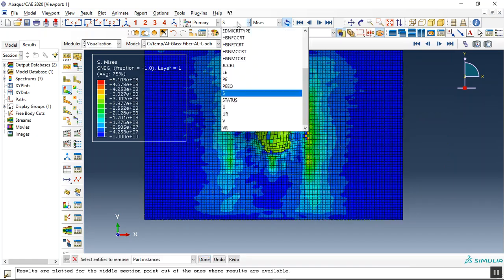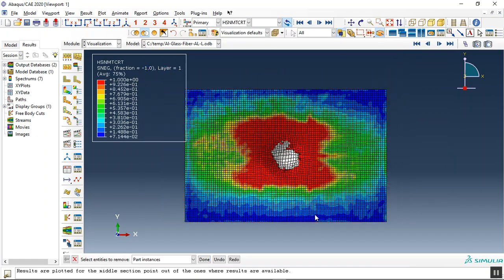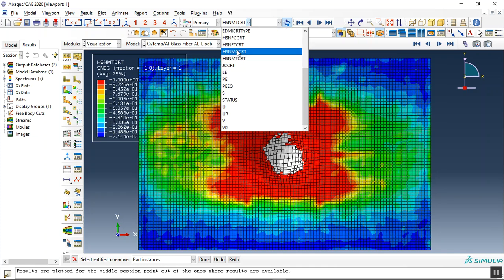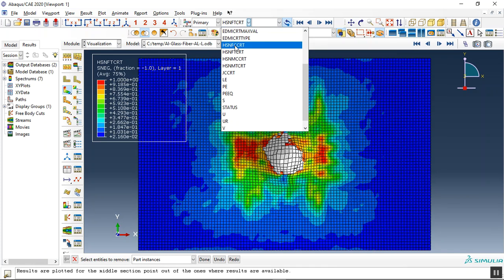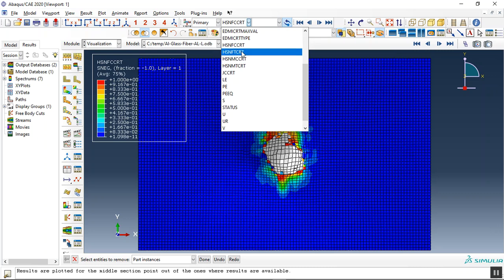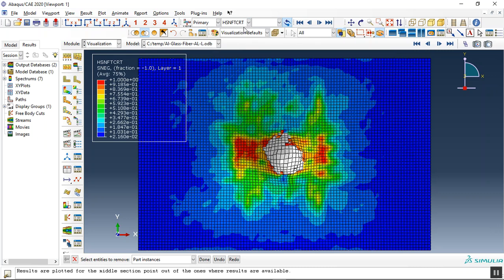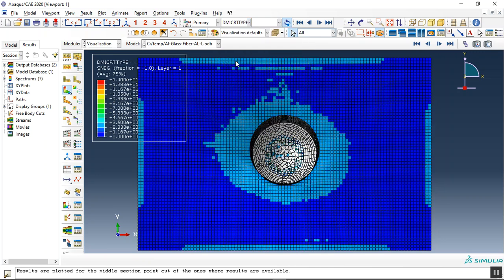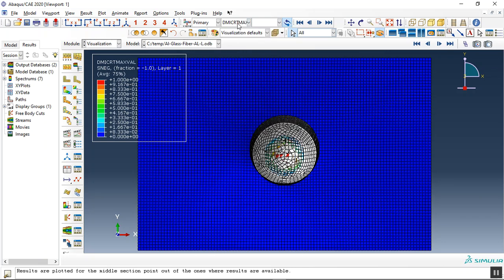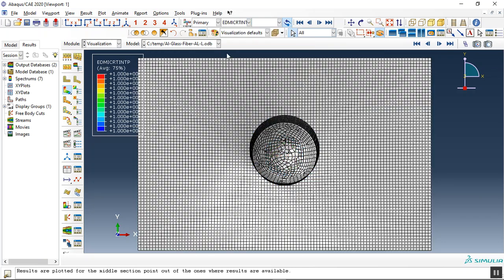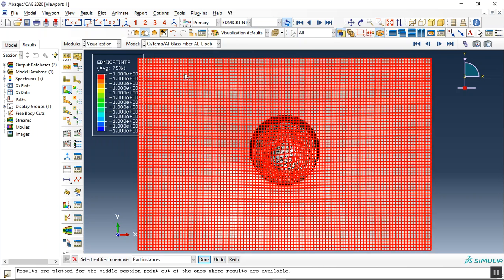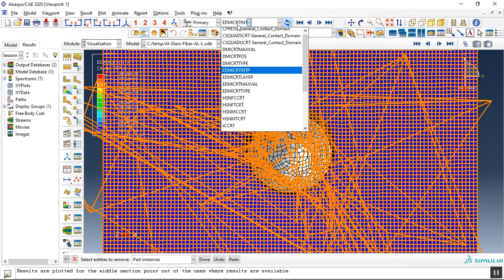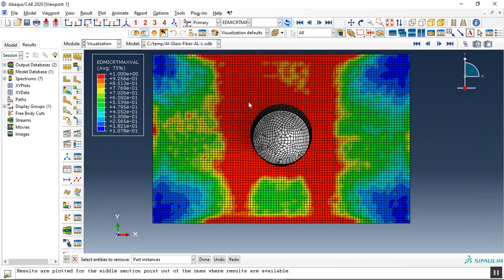Let me remove this, check the damage for the matrix, tension, compression for the fiber, and tension for the fiber. And we can check the other damages like this, replace it. You can see, let me remove this. Okay,